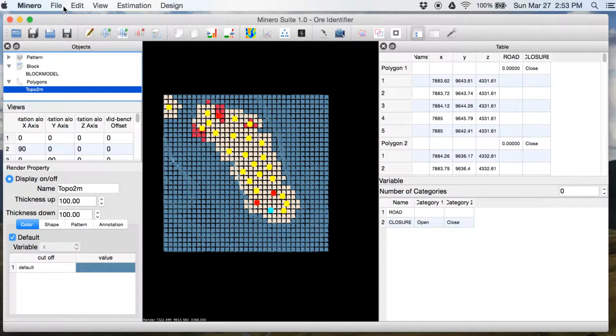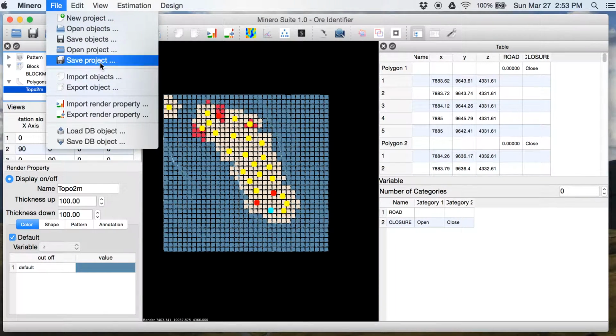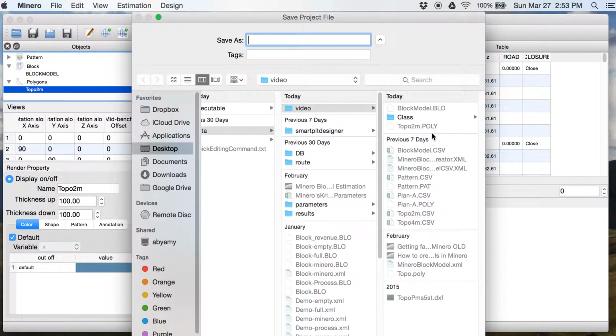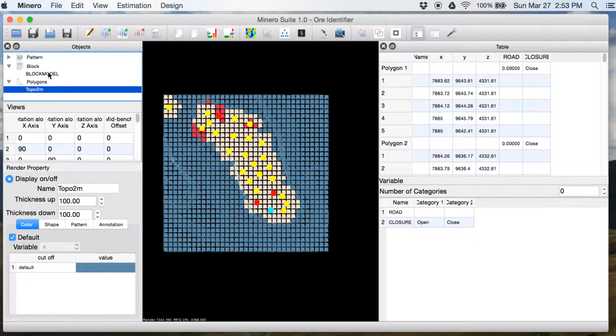Save this topo as well. I believe I saved it as a case. Project, Minero model. So next time you will be able to run all the project with all the changes you just made.